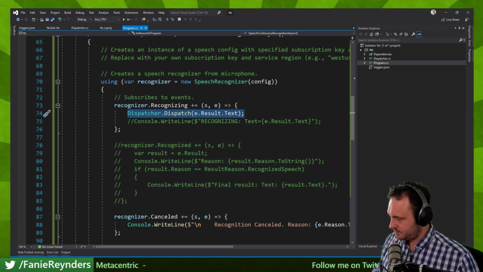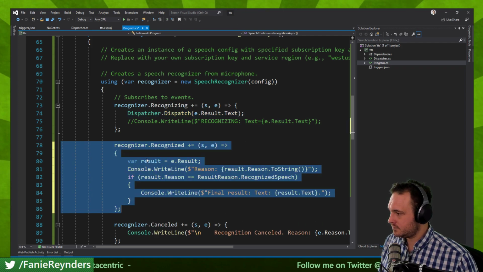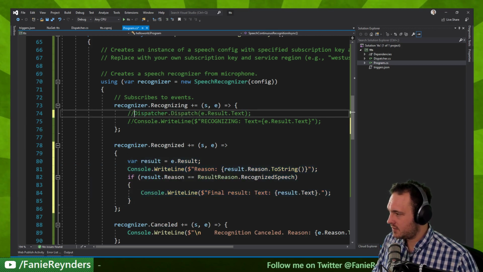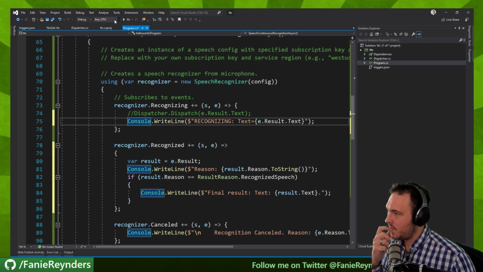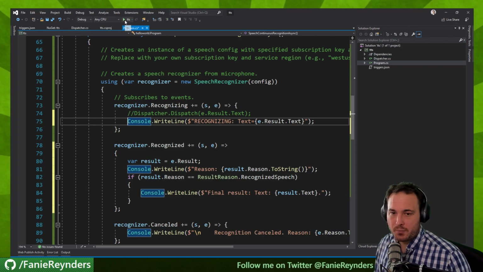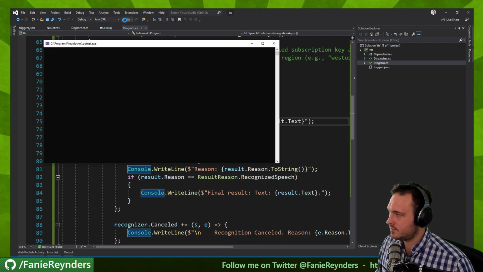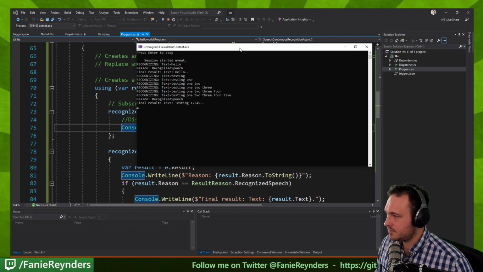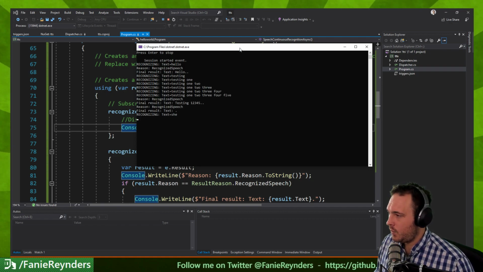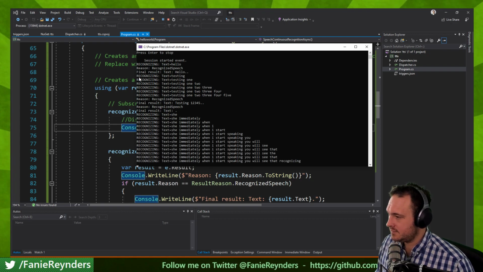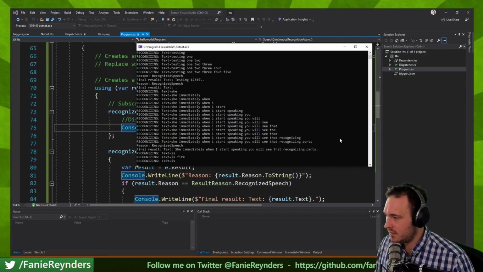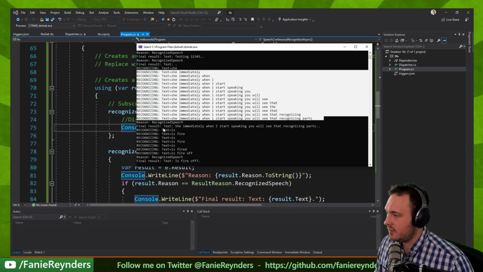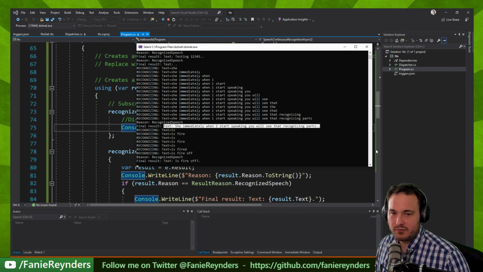So let me see if I'm just going to comment all dispatcher out. So look what's happening to the program now when I run this. Hello, testing 1 2 3 4 5. So immediately when I start speaking, you will see the recognizing part is fired off. This part. But then when it's final, this is getting fired off, but only when